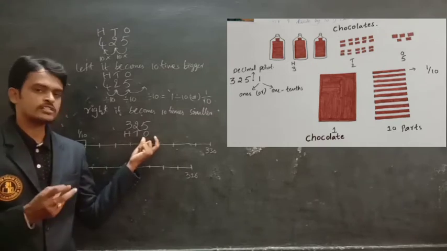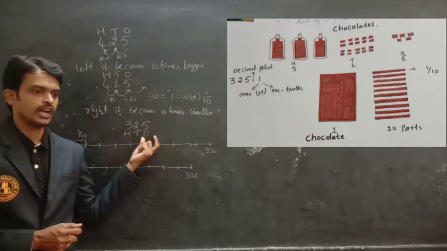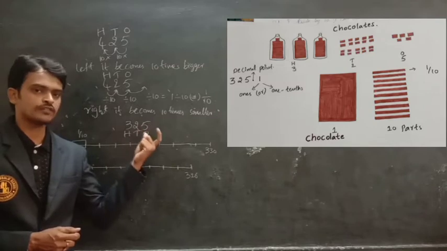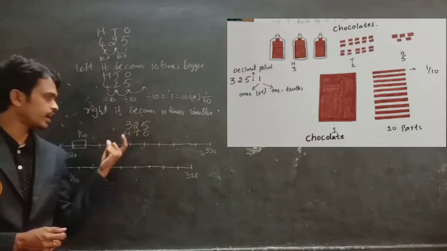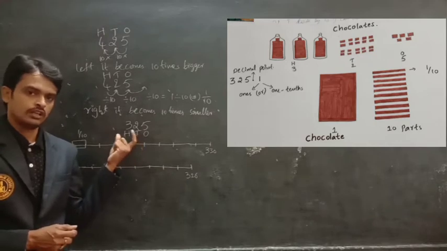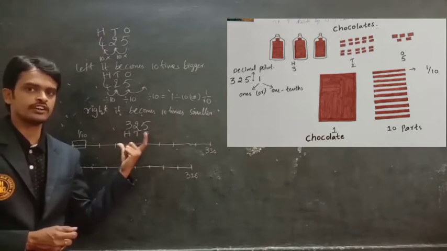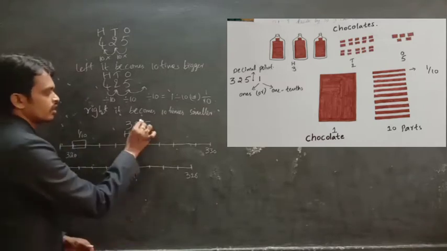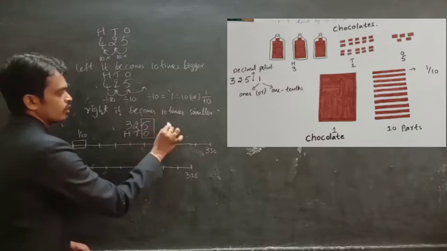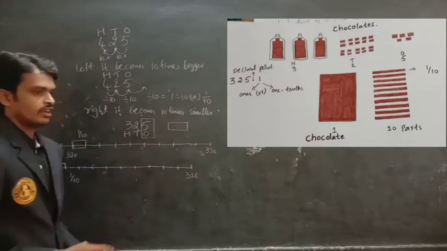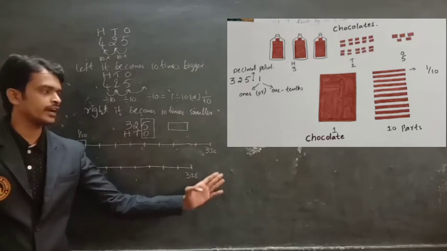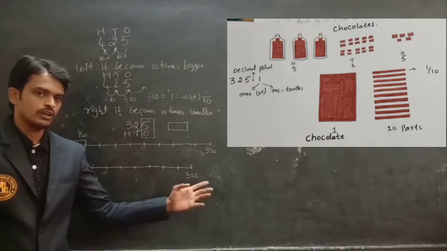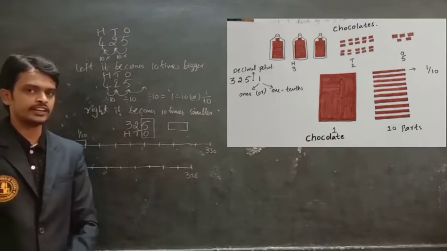First, in the one's place, 5 chocolates are there. And in the 10's place, 2 groups of 10 chocolates. And in the 100's place, groups of 100 chocolates, nothing but 300 chocolates. So in that, if I take the one's place by taking one chocolate, in this picture, the one chocolate I divided into 10 equal parts. So one part is represented by 1 by 10.